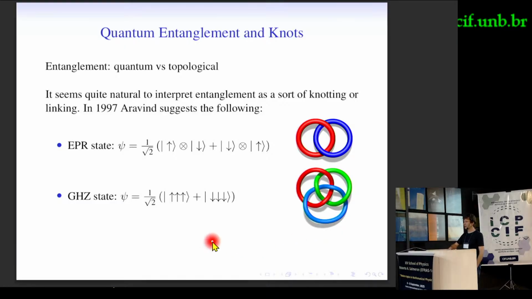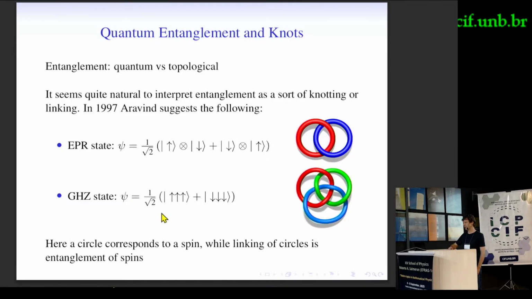And this is also a property of the GHZ state. If you measure any of the qubits, then the remaining two will find themselves in a separable state. So that was the proposal, but it was a bit too naive. And so here I'll talk about a different proposal, which appeared in